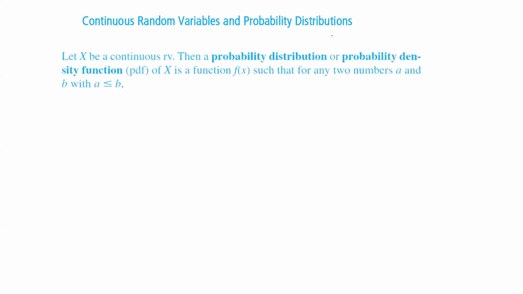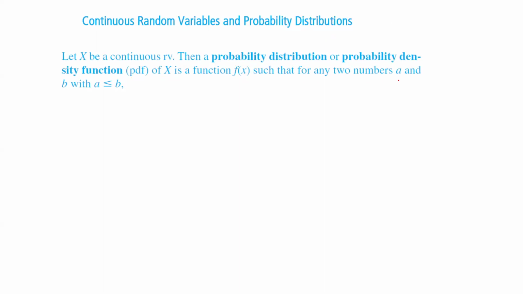Continuous random variables and probability distribution. So far, we talked about discrete random variables. Now we are moving to continuous random variables. Suppose X is a continuous random variable. Then a probability distribution or probability density function, PDF, of variable X is a function f of X such